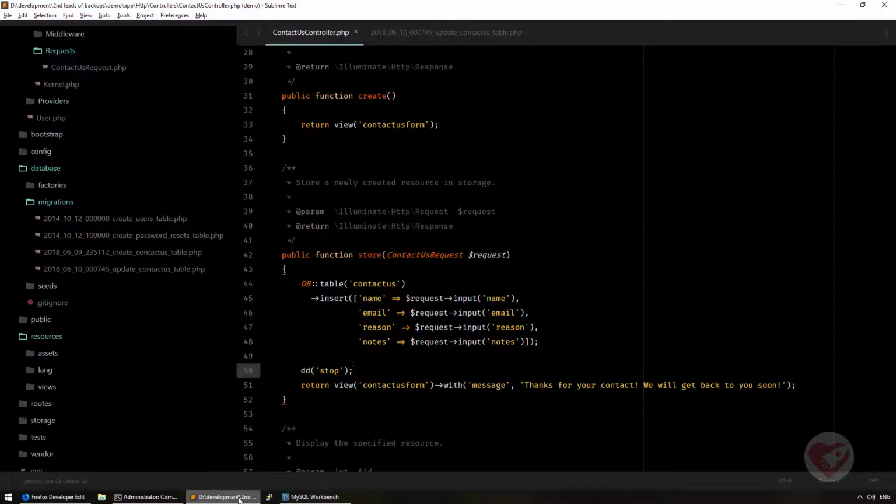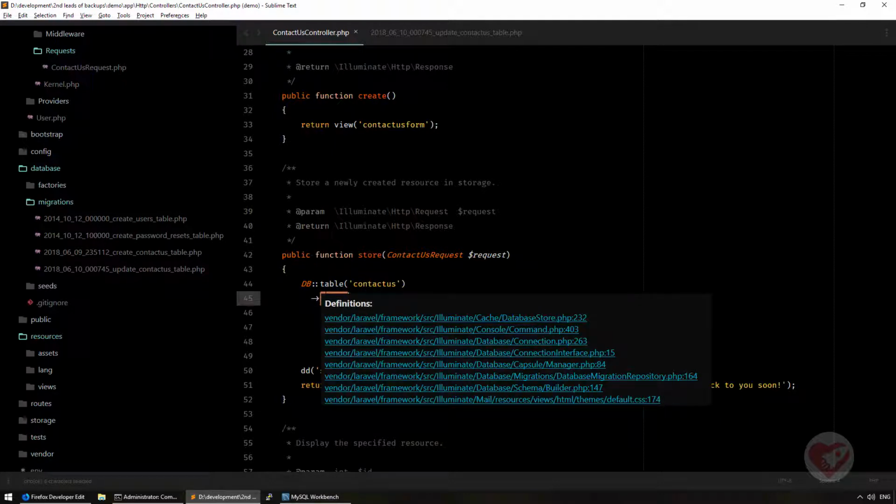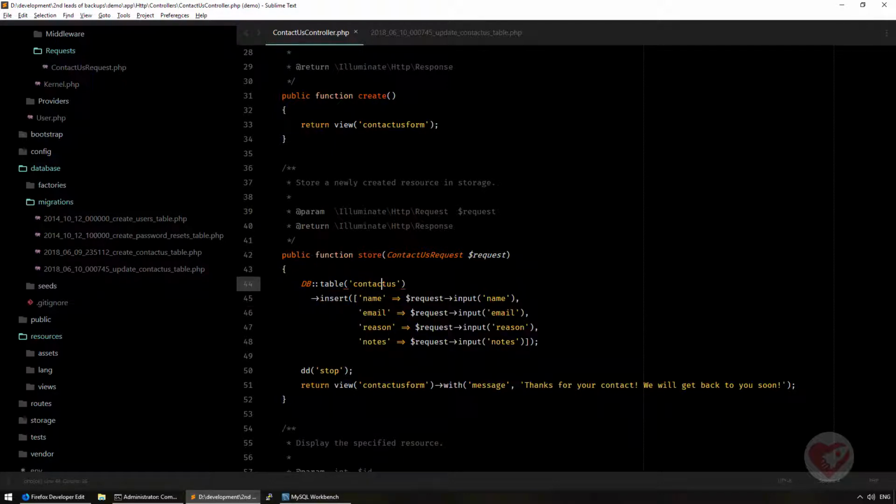How simple can this be? As simple as this, nothing else, using the DB Query Builder. You pass the table, you pass the insert. Of course, you have the update, you have the delete, you have a lot of methods that Laravel helps you to use a Query Builder. Query Builder is exactly as it is. You use methods to construct a query, okay? And Laravel helps you a lot on that,